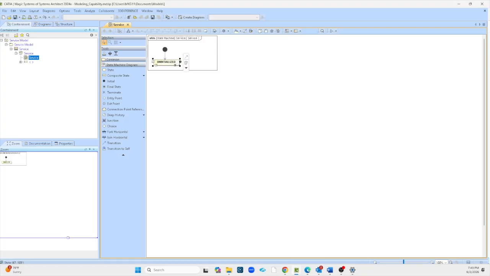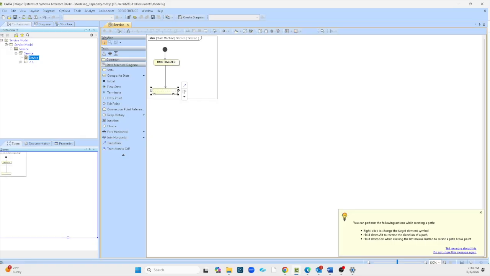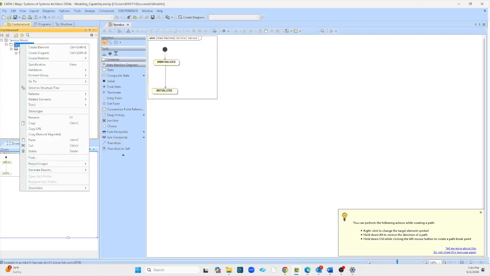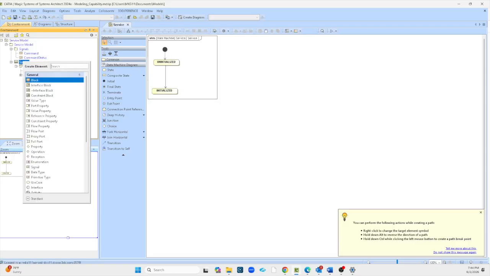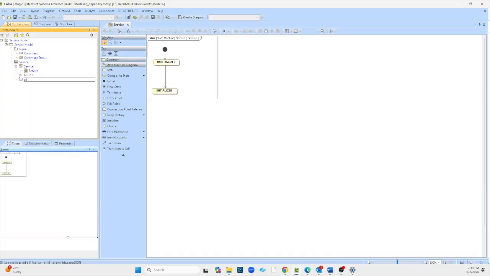uninitialized, and then we'll go to initialized, and we'll create some signals as well. One signal would be just command, another one could be command status. We won't put any properties underneath it, just so we're trying to get it to work, just to show one very simple capability. We'll add a proxy port, we'll just call it API,